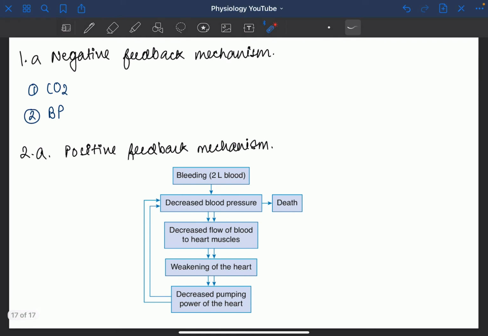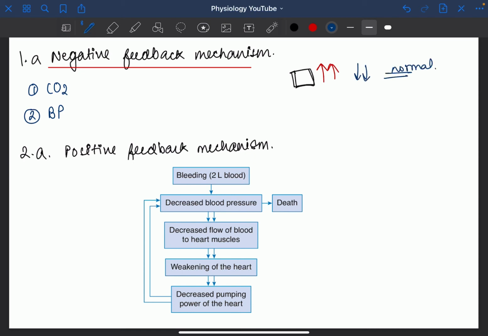Negative feedback mechanism: most of the controls of the body work on negative feedback. We can learn this mechanism as follows: if the activity of one particular system of the body is increased, then the negative feedback mechanism initiates a process which decreases its activity and brings it back to normal. We can say that 1 is happening and 1 is harmful, which initiates 2, and this 2 further stops the activity of 1. We will understand it by an example, that is carbon dioxide.